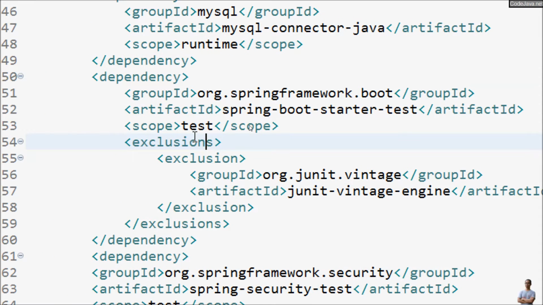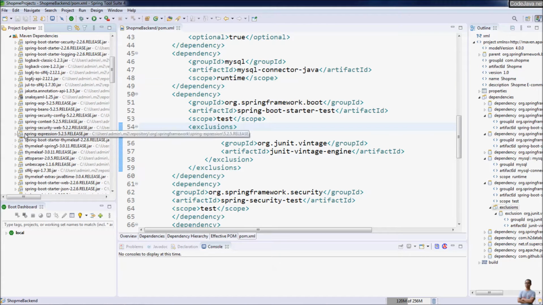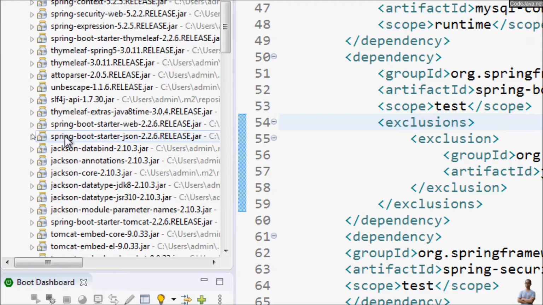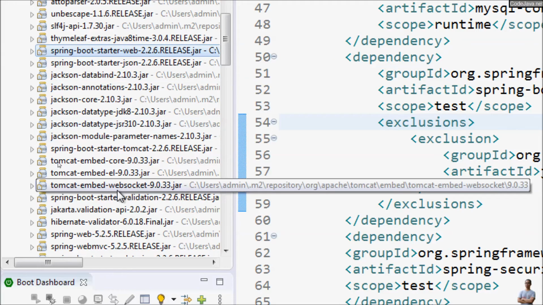The Spring Boot starter test includes JUnit as the unit testing framework and Mockito as a mocking framework. As you can see in the jar files here, you can see the section for the JSON library, Spring Boot starter web here,